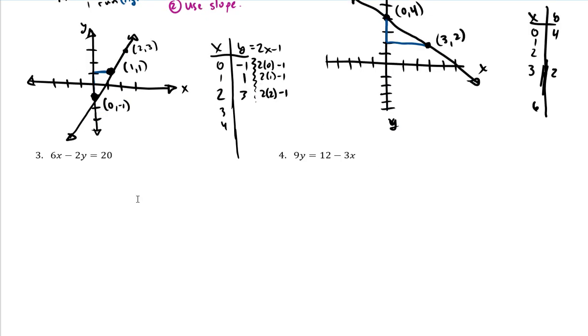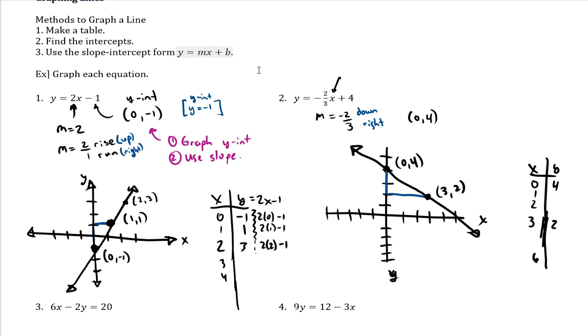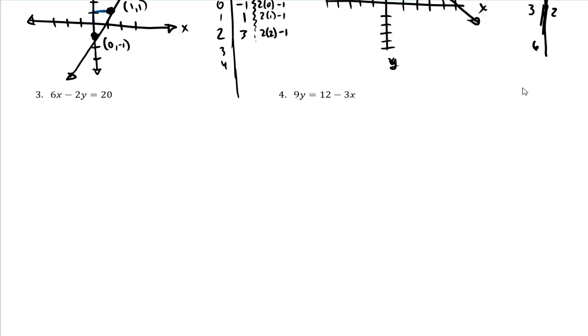Okay, these other two are in a different form. So they're not in slope-intercept form. If it's in slope-intercept form, it's usually pretty much the fastest way to graph it the way that we did it right there. Let's go ahead and find the intercepts in this method. To find the intercepts, and they might want that anyway for other problems, it's still kind of making a table, but what we're going to do is